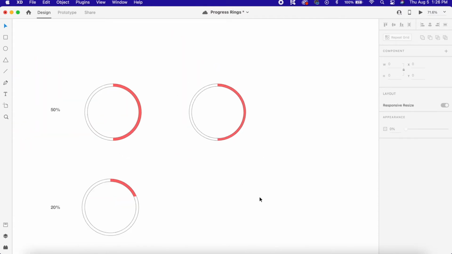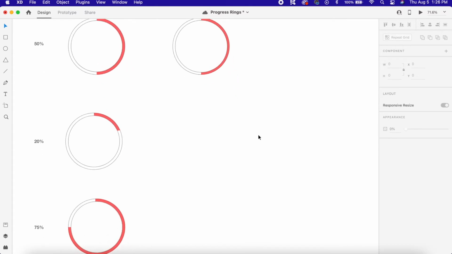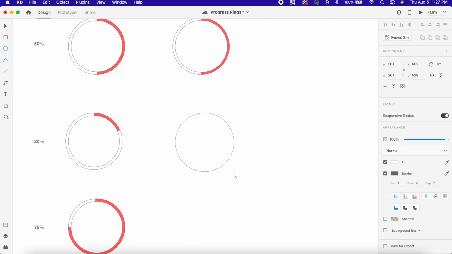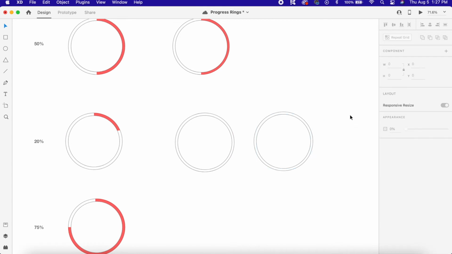And now let's move on to 20%. So exactly the same idea, just select the ellipse tool and draw your circle. Duplicate it, minimize it, and then center it. And then select all and duplicate it, move it to the side. This time we're doing 20%, which means we would want to crop off this part of the circle. So same as above, I would draw a guide like this,